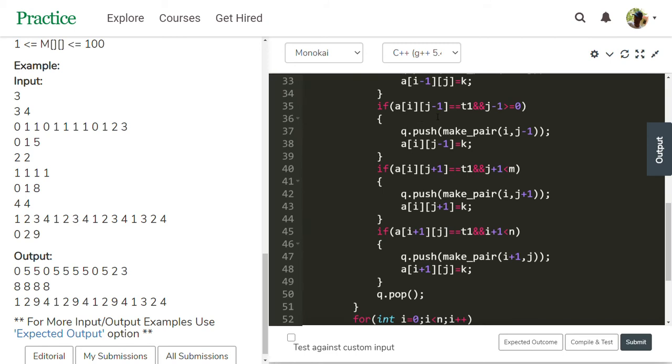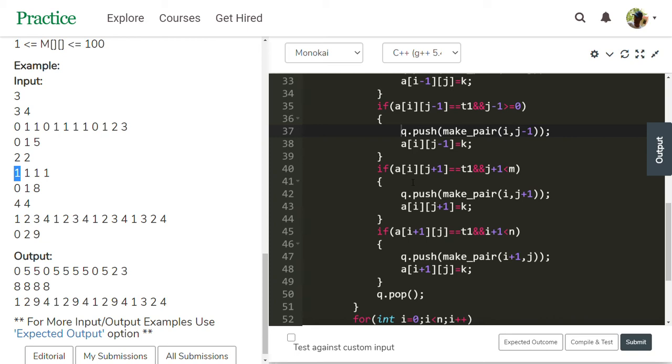Next, i, j minus 1 is 0, 0. A of 0, 0 is 1. 1 equals 1 is true, and j minus 1 is 0, greater than or equal to 0, also true. This if block executes: push 0, 0 into the queue. A of 0, 0 is converted to k, that is 8. This value is 8 now.